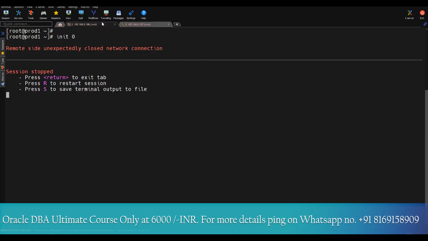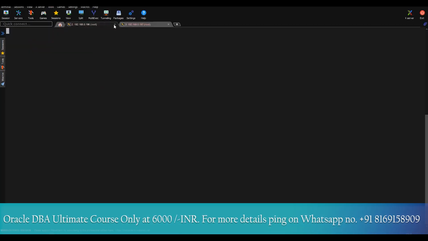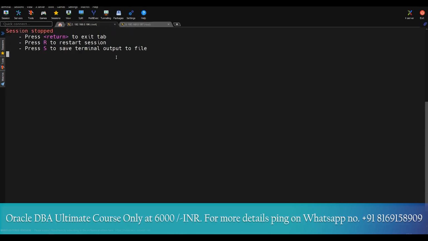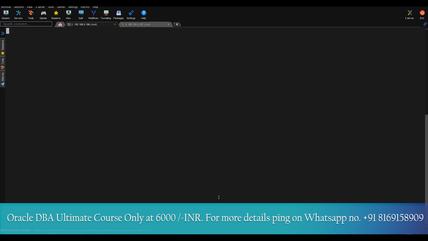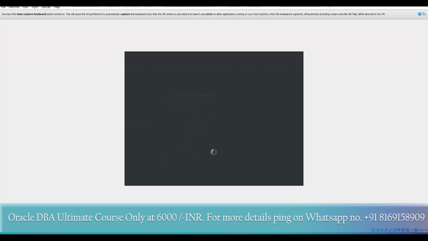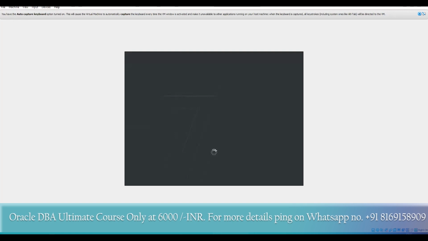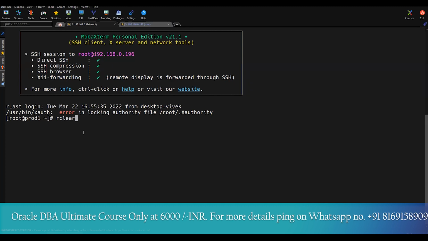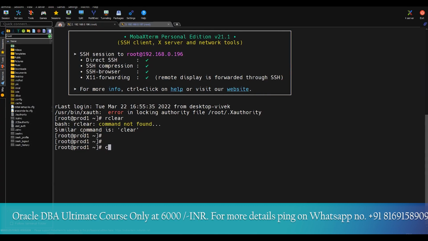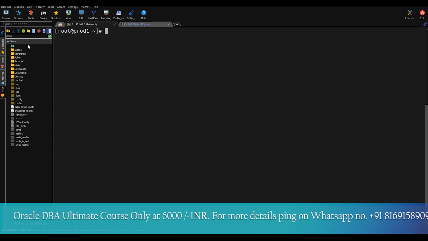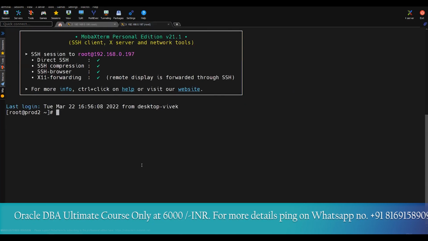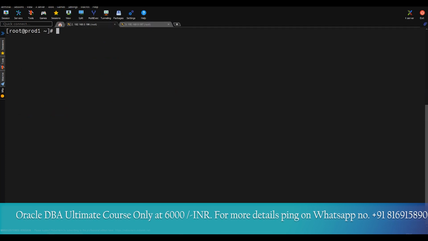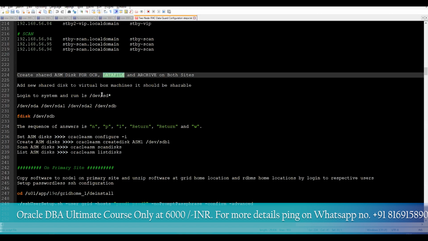Once this machine starts, we can just press the R button to restart the servers from here. It is still taking time to start. Let's wait for another few minutes. Yeah, so this has started now. You can clear this screen. Let's run the clear command. Similarly, our second node, that is prod 2. So both the machines are started, and now we have to make some more changes within the